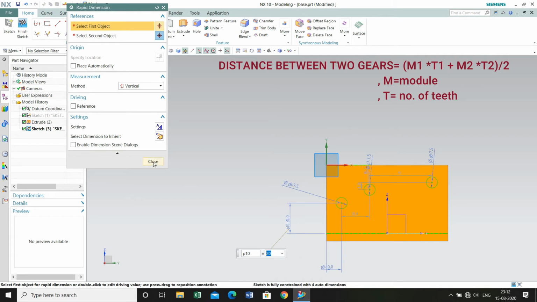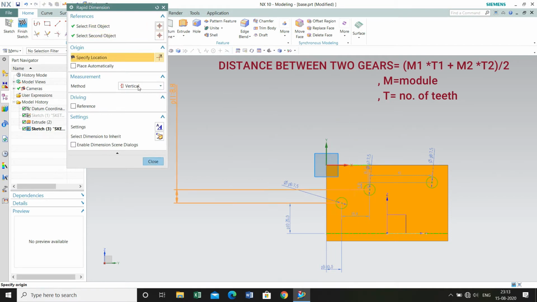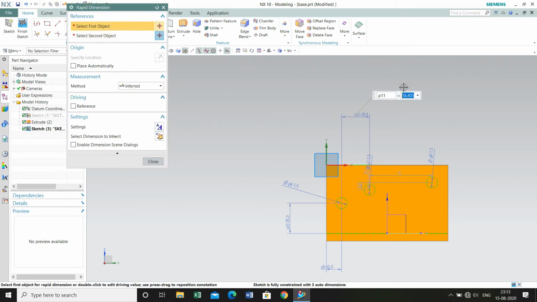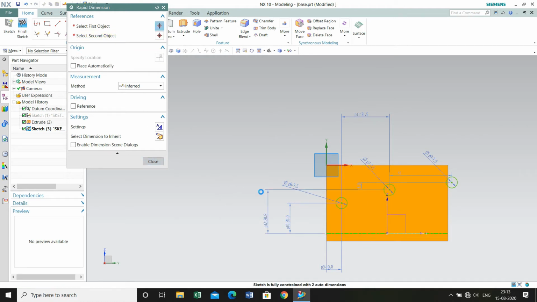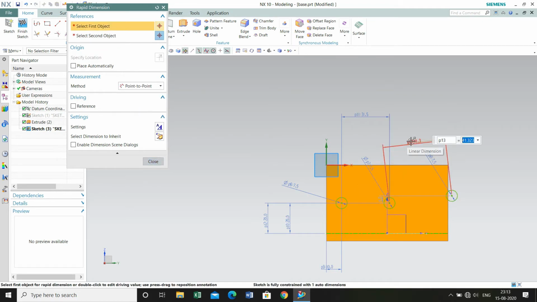Now we define the distance between the 2 shafts. So select horizontal. Okay. Now this one would be 31.5. You can calculate this: the module of the first gear was 0.5 and the number of teeth were 50. So the radius of that gear is 50 divided by 4, so that is 12.5, and the radius of the second gear is 18.75.